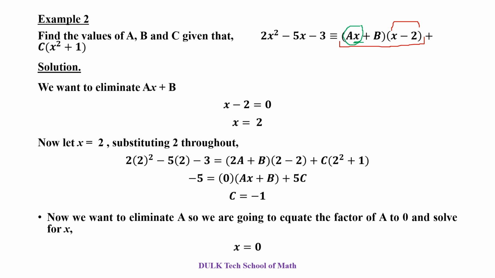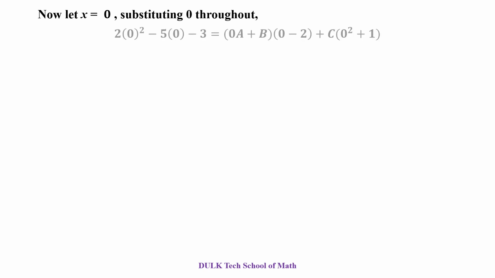So let x be equal to 0. If we substitute 0 throughout in the original identity, now taking x to be 0, we find that minus 3 is equal to minus